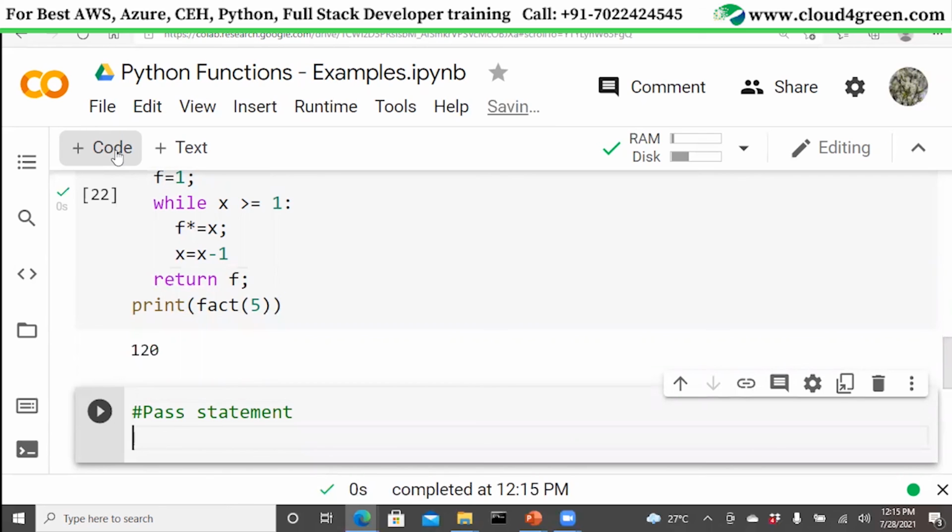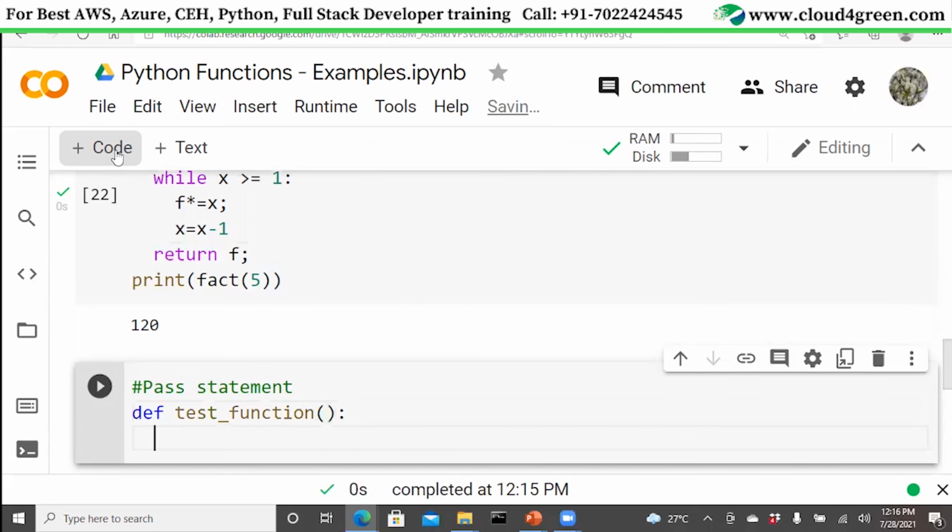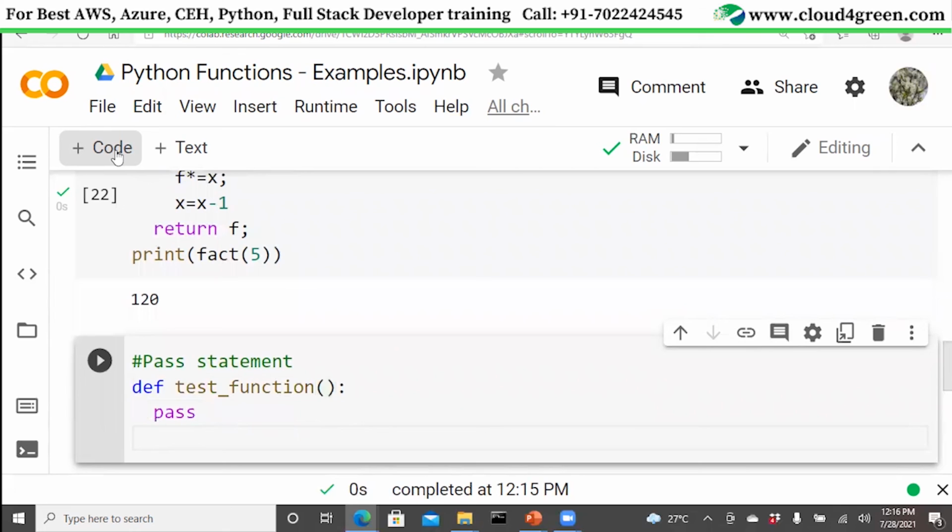Now the pass statement will not only be used here, it will be used in multiple other places in Python as well. But remember, the only purpose of writing a pass is that there are no statements to be executed. Maybe I want to fill in the statements at a later point of time, so I'm writing it as a skeleton structure. You still have to write it as pass there. You cannot just leave it as an empty statement. So if there are no statements to be executed, just write pass.